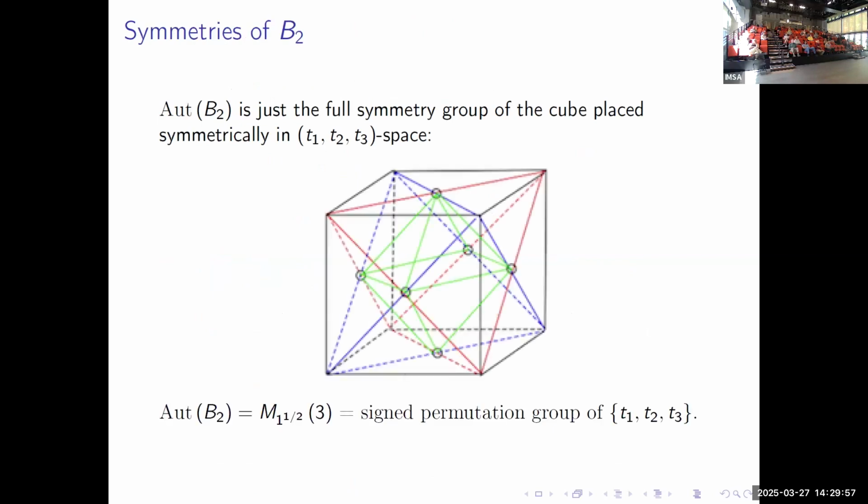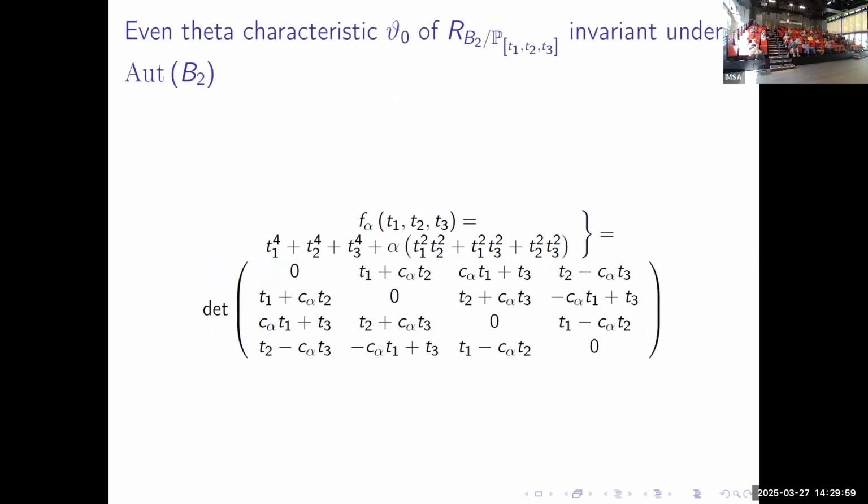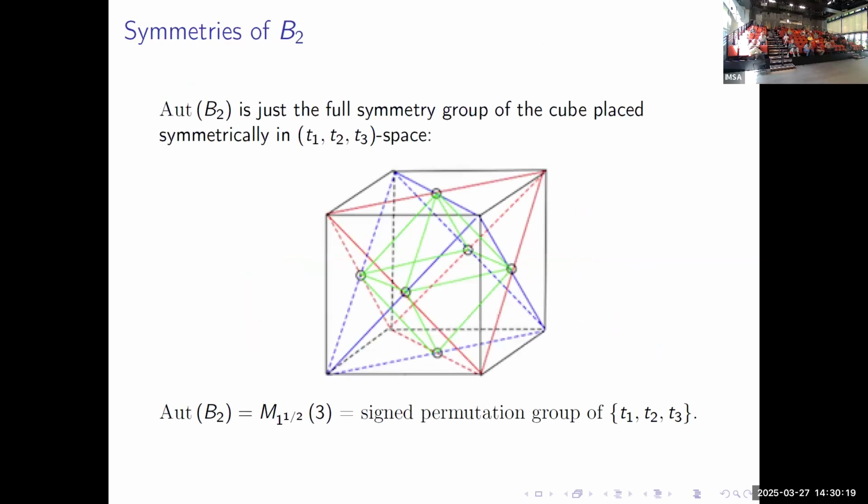And that gives us the C's for the determinantal presentation of our F alpha. Okay, and let's see. So I skipped over this slide, but that's the symmetry group of